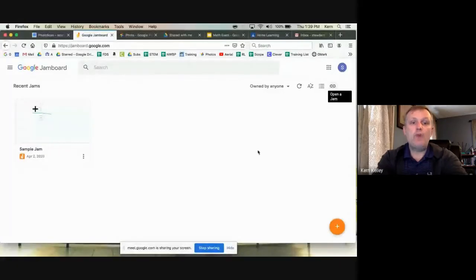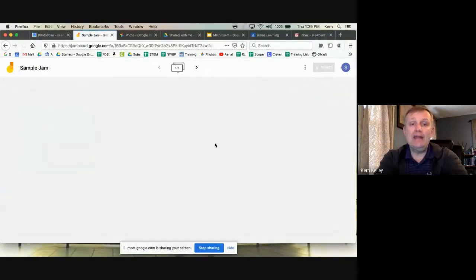Somebody asked about scanning a worksheet. So yes, you could do the process where you could put it in a Jamboard. You could have that worksheet, use Photoscan to scan it, and have it as an image. Back in Jamboard, let me just show you real quickly here. So I'm going to do a screen share. So I'm back in my Jamboard. Let's say I want to take the one I was working on earlier, and I want to add an image to it right in here.